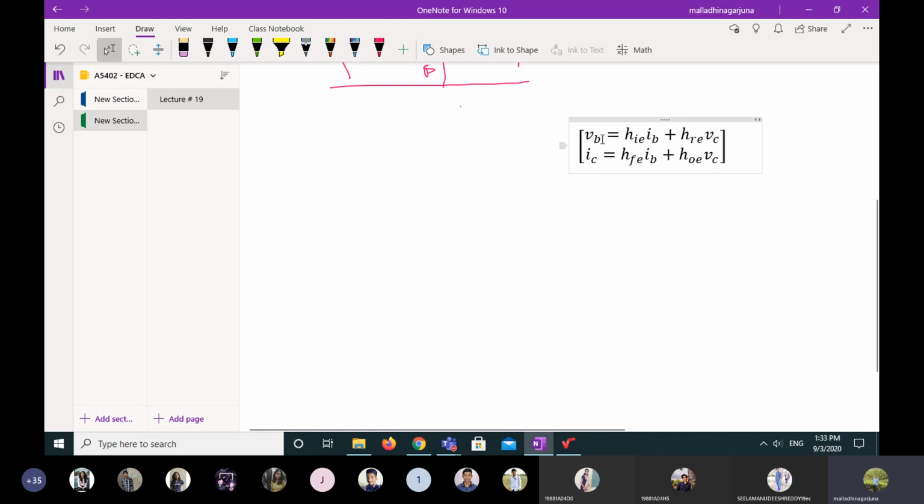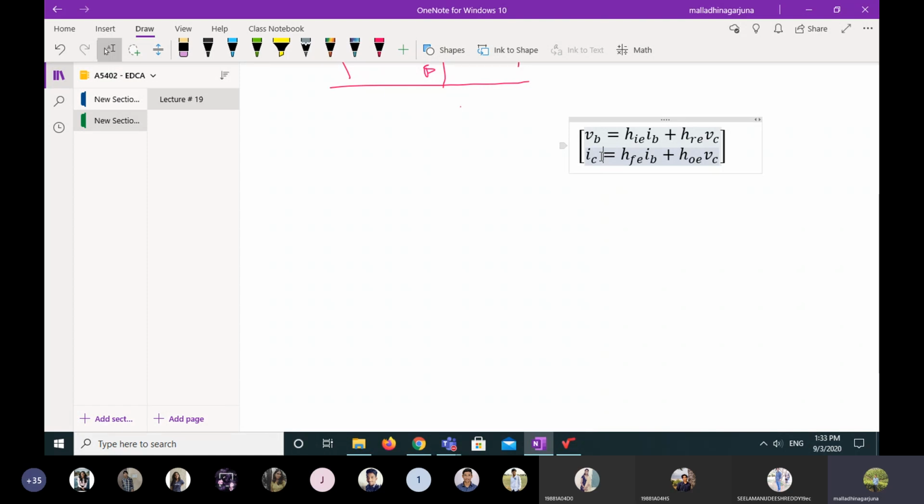equations. One is input voltage, another is the output current. Input voltage and output current. So in the voltage equation, we have two electrical parameters, that is one voltage equation and one current equation. Voltage equation represents the KVL, current equation represents the KCL. Okay, so just recall the statements of the KVL and the KCL.